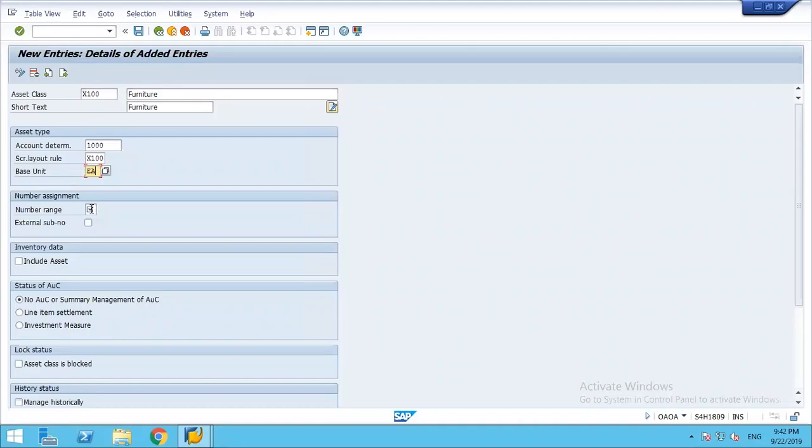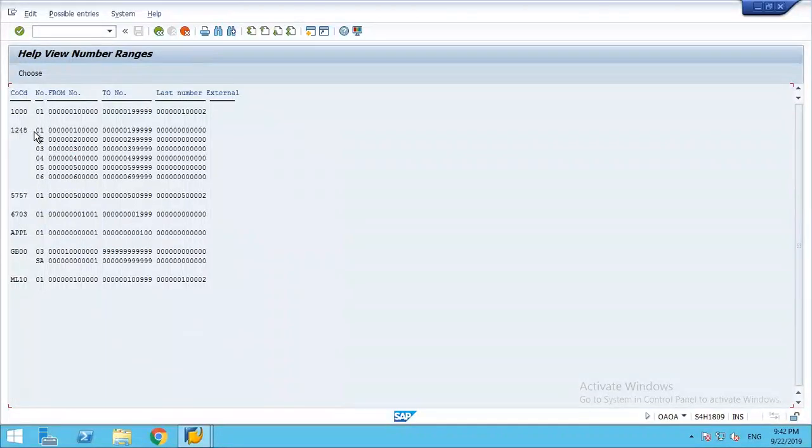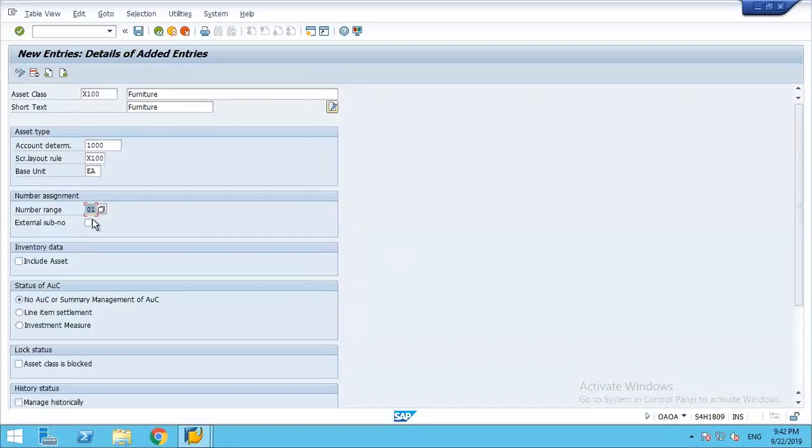Then number range. We have created number range 01. I will assign it over here. And do you want to maintain an external subasset number? We have one scenario called subasset number. Do you want to maintain an external number, or you want the system to generate it based on this number range? Yes, we can go ahead with that. Normally we don't maintain the external in any of the asset scenarios. Not only in assets, in all cases we will go internal only. There are some issues with the external